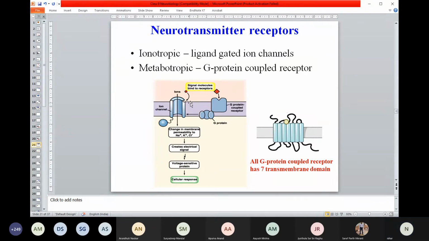Okay. Activity of which can lead to EPSP or IPSP. So one group of receptors are called the ligand-gated ion channels. They are commonly called ionotropic. So ionotropic means the channel. There is another group of receptors that's called the metabotropic type, which are nothing but a G-protein coupled receptor, a specific receptor that's bound with the membrane.